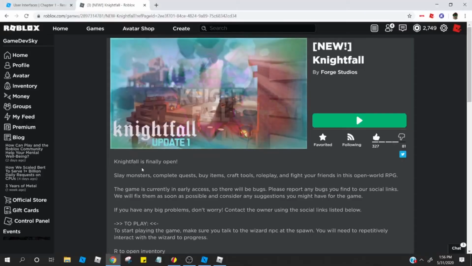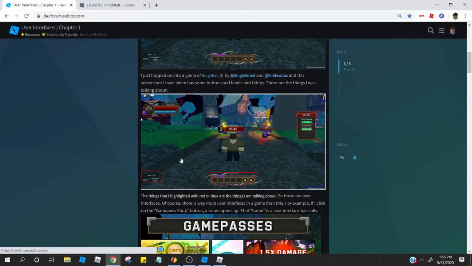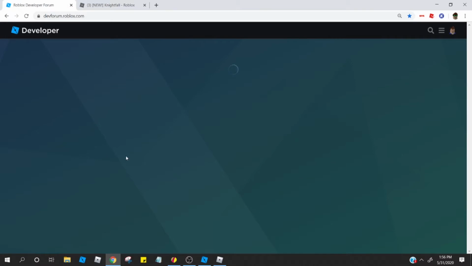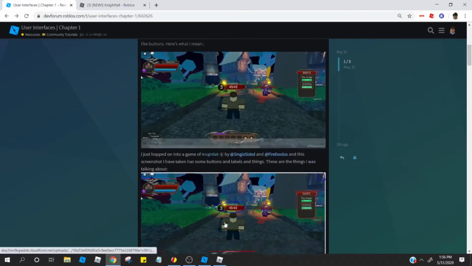If we look in the picture, in this developer forum article, the Roblox Developer Forum is for all sorts of things related to developing on Roblox. Let's go back here. I'll have the link in the description down below for this dev forum article. But anyways, if we look in the picture here, there's